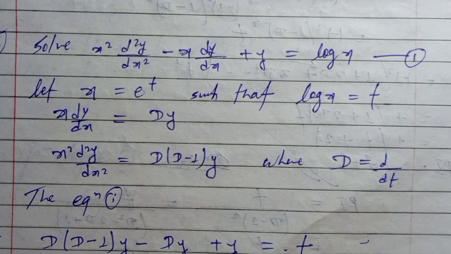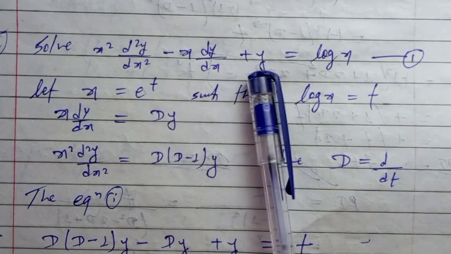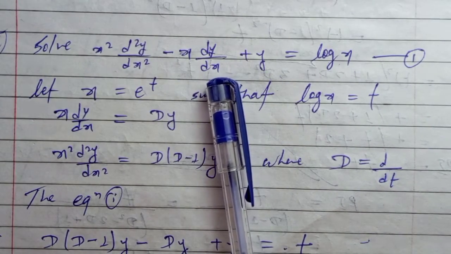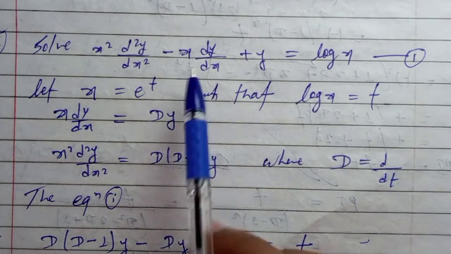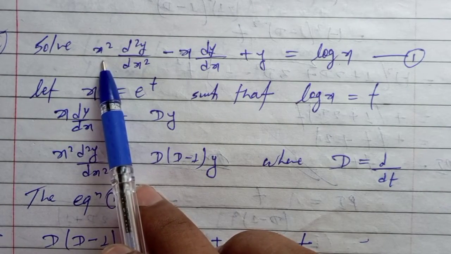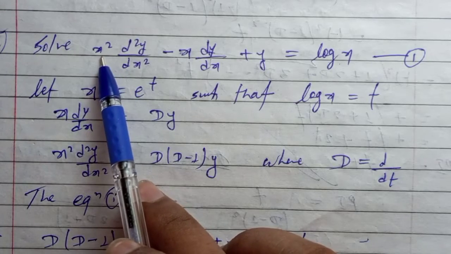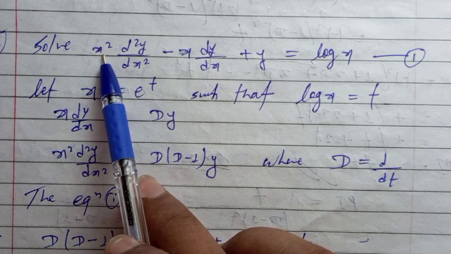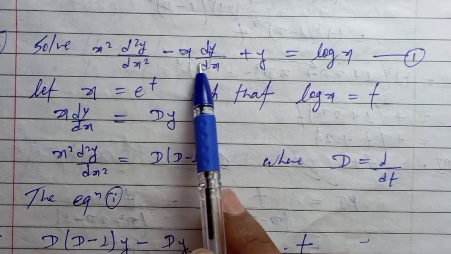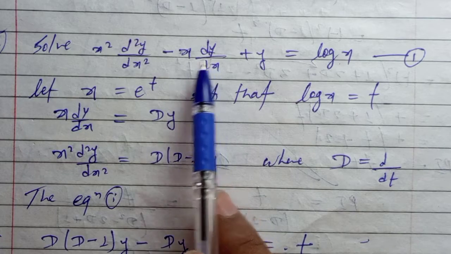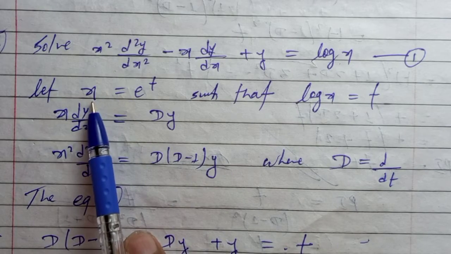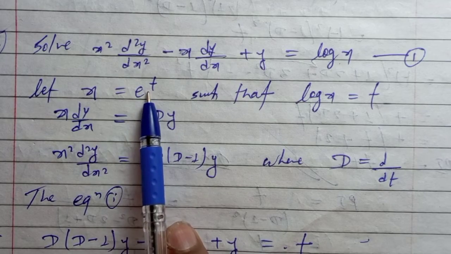Hello guys, here we have got a problem to solve: solve this given linear differential equation of higher order having variable coefficients. To solve this we are going to use the Cauchy homogeneous linear equation. This format belongs to Cauchy. Now, as we have studied, we have to substitute the variable with e to the power t,